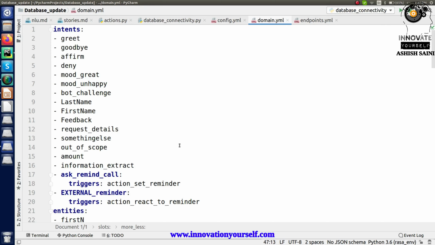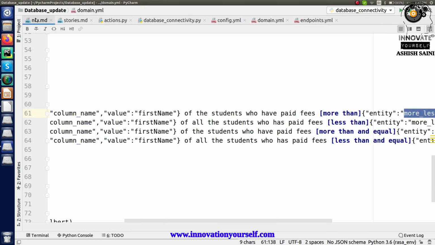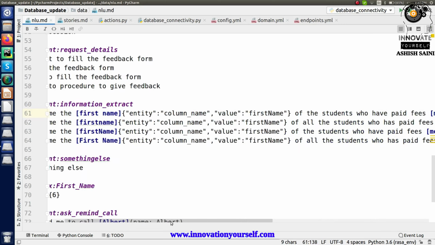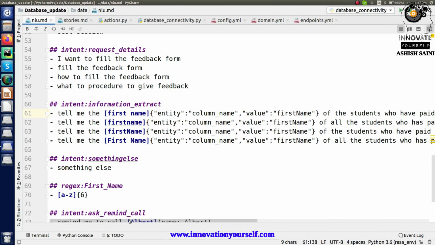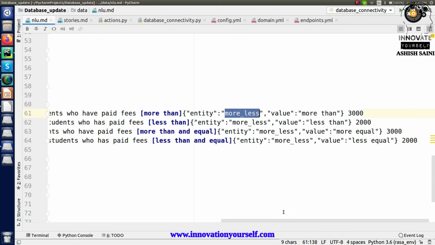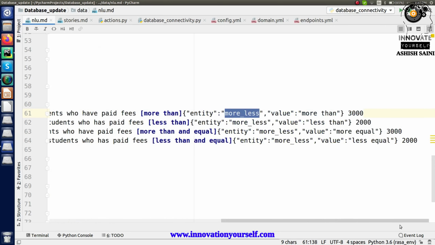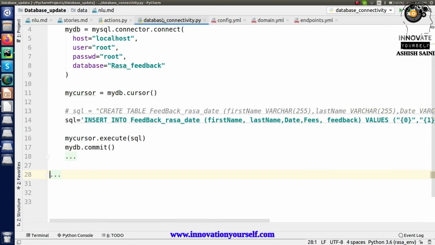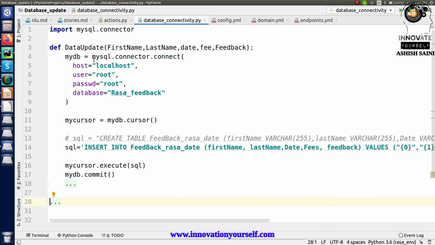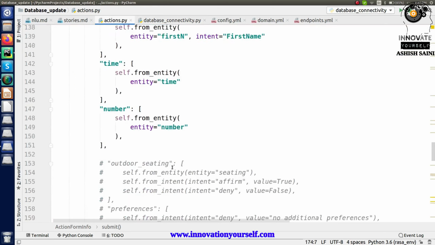we have created this intent part, right? And after you mention this part, what you have to do further is call an action, and that action will just use this information, and you can further use this information to call this data update part, so that you can accordingly fetch that information that you actually need, right? So this is all that I can do right now. So let me just create an action for that as well, right?